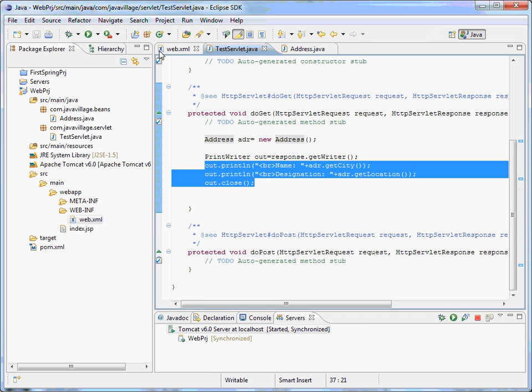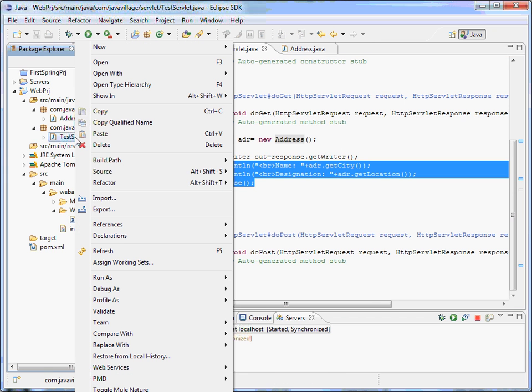Whenever I execute the servlet class, this will be the output, something like name, city name and destination, and that is my location. I had given something to show you, so that's why I have shown it, and see how the servlet will be executed. So I'm just trying to run it with the server.